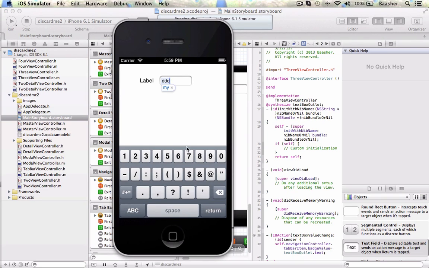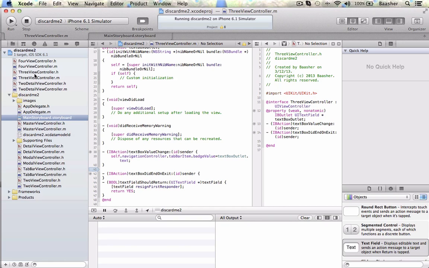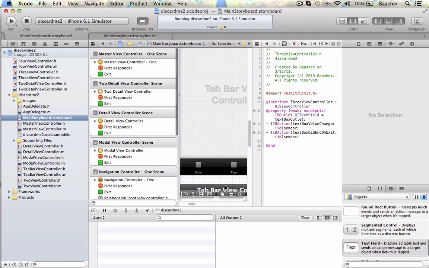Okay, so yes, now you see what happened as I started typing it in. The text box came up and it covered everything. It's not going away. So I need to implement one more method, so that when I get out of here, the keyboard will go away. In order to accomplish that, I need to go back to the storyboard and find